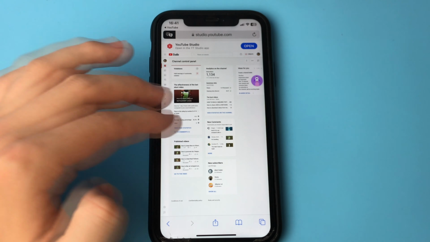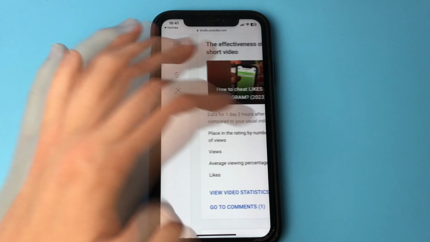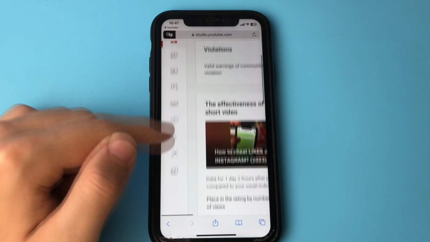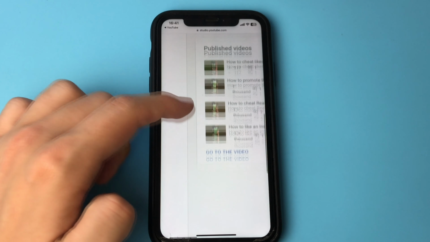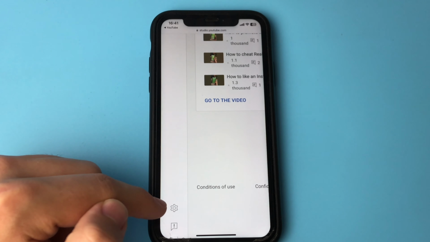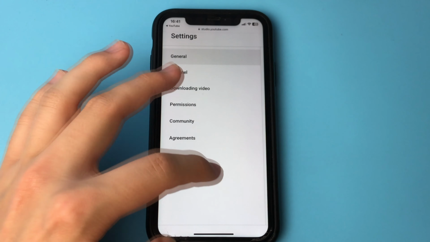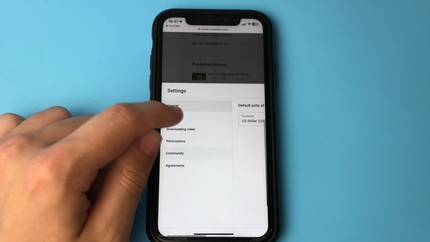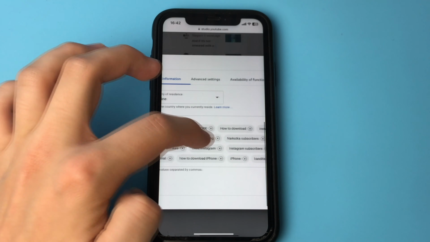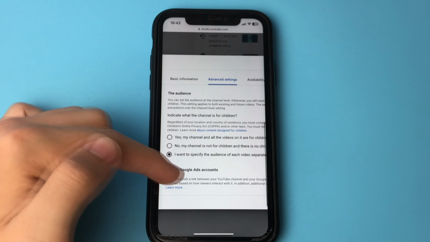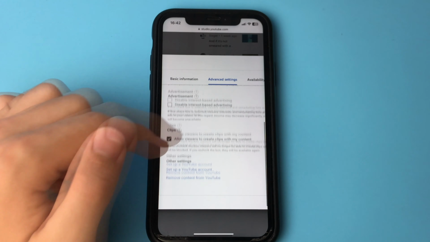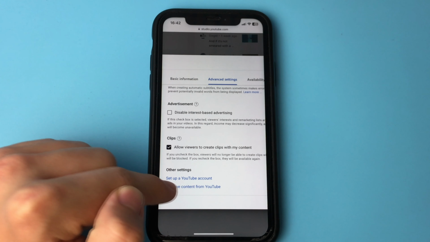Now here we enlarge this window. We find the item with the settings. Open this item. Click on the item, Channel. Then we select the item, Advanced Settings. Go down below and find the item, Remove Content from YouTube, and click on, I want to delete my content